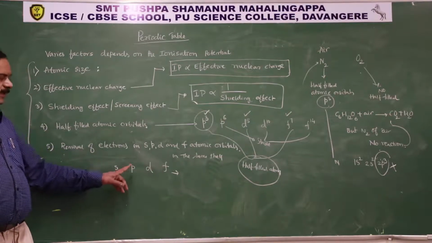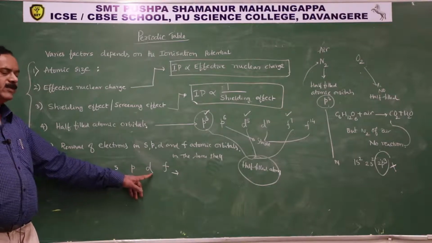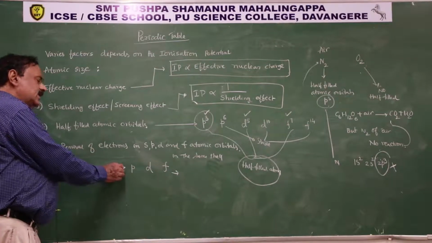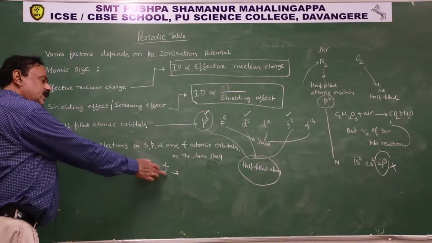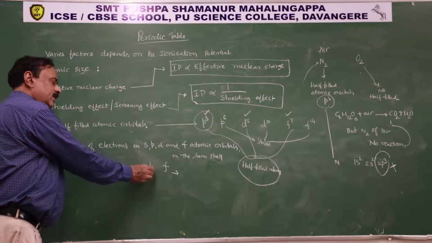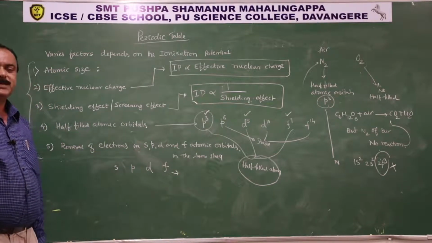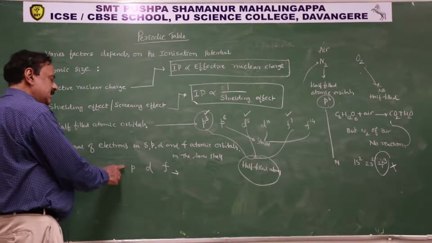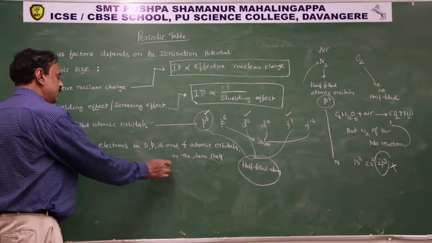Therefore, there is a higher value of the ionization potential, a smaller value, a still smaller value, and the least value of the ionization potential. S atomic orbital electrons have a very high ionization potential. For the F atomic orbital, the ionization potential is very small compared to that of the D atomic orbital. When you compare, we can remove an electron from the F atomic orbital very easily. Therefore, in such cases, IP values are S greater than P greater than D greater than F for the same